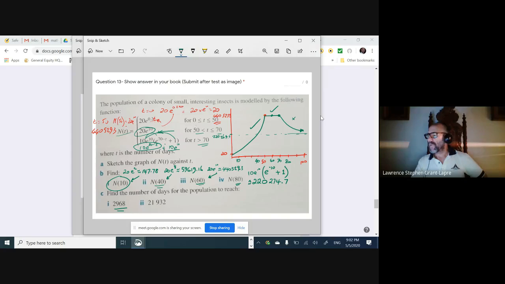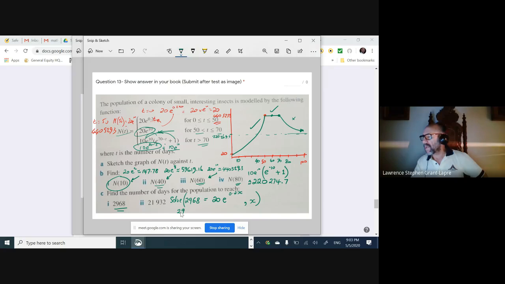All right, find the number of days for the population to reach 2968. So we want this to equal 2968. So 2968 equals 20e to the 0.2t. Now, if you put this in your calculator and use an x, you could simply solve and get the answer very quickly. But if you want to do it a little bit slower, you can do it that way, or